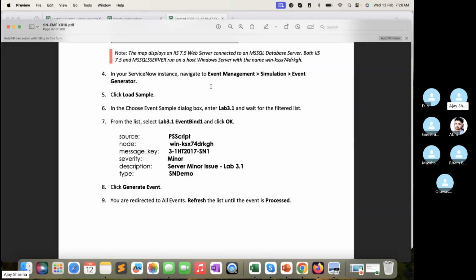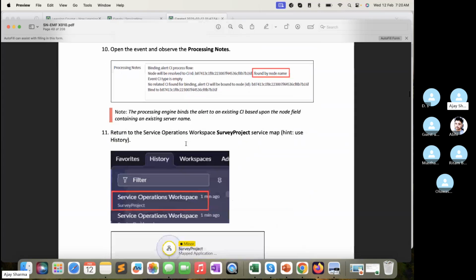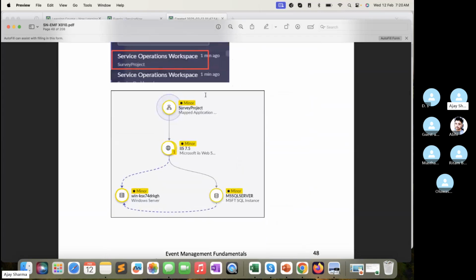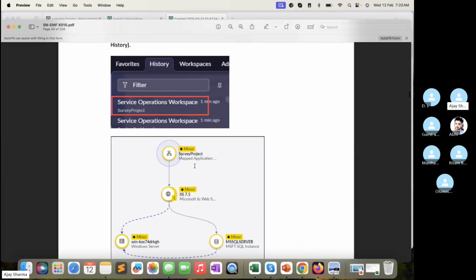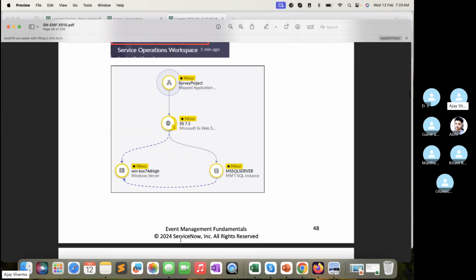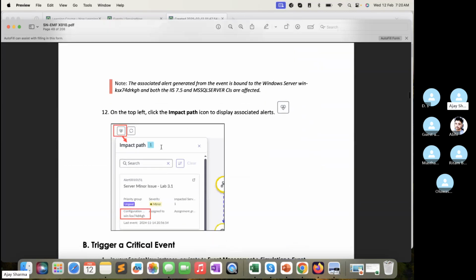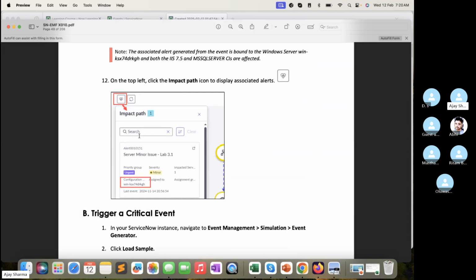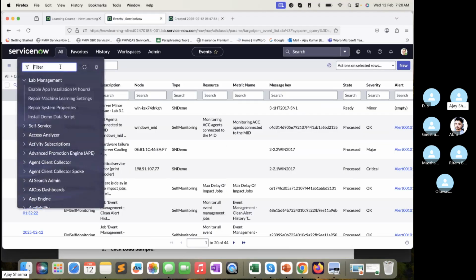So what I did here, I just generated an event. You can see that. We can see this service operation because the CI belongs to the survey project, which might be impacting the complete application as a minor alert, right? And we can see the impact path as well. So if I go to the service operation workspace quickly,